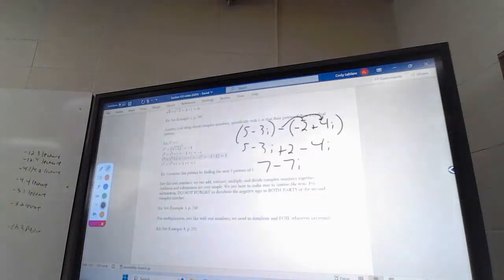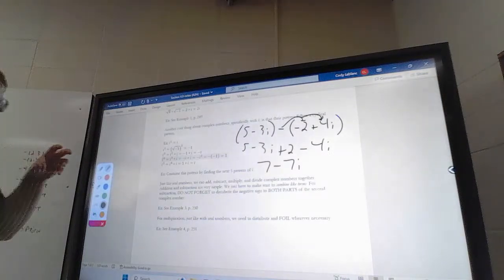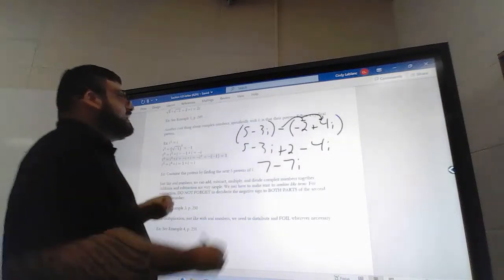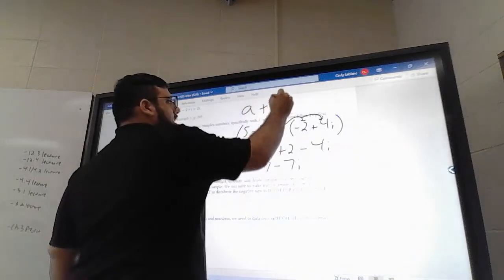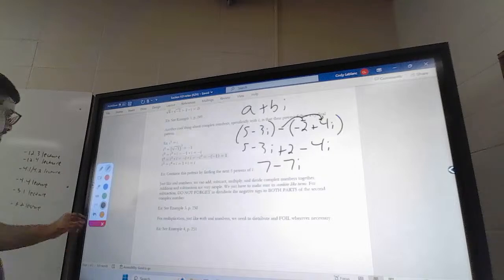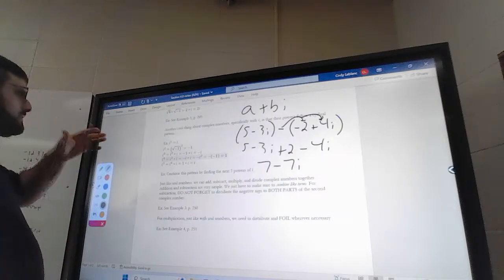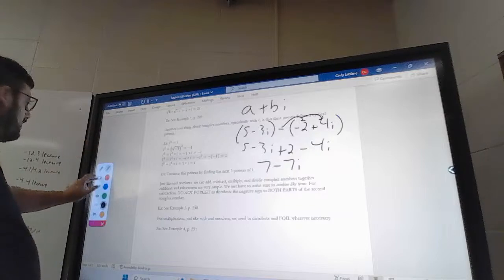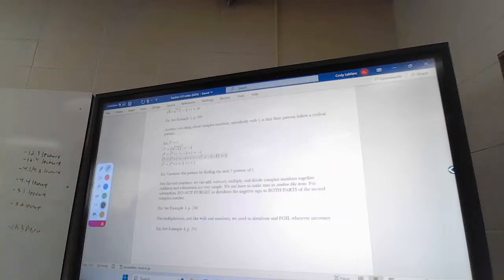Anytime that we do any operations with complex numbers, your answers must be in that form. a plus b times i. Something plus something times i. It's got to be like that every single time. Okay. Now, when we're multiplying complex numbers, just like adding and subtracting, like binomials and stuff like that, is also similar. We have to distribute